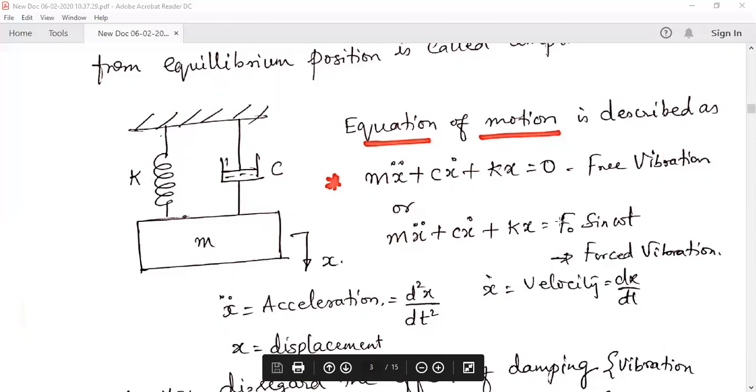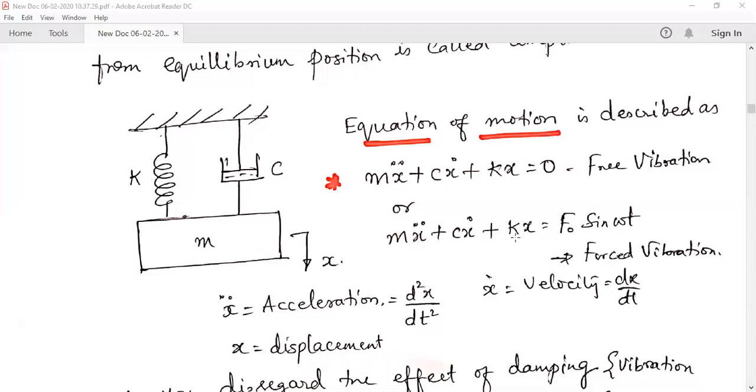If there is an impressed force, it would be F naught sine omega t. We generally assume a harmonic force. Realistically, you might not always see a harmonic force. A harmonic force is a periodic force, no doubt about it, but not all periodic motions are harmonic in nature. You can have random, different kinds of inputs in a real vibration scenario.